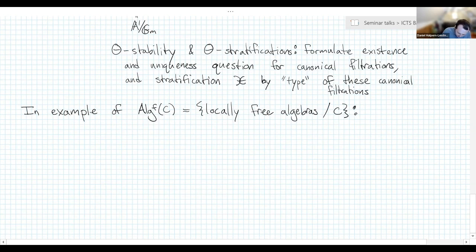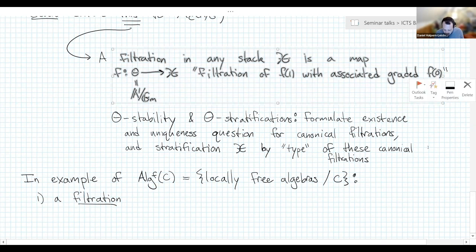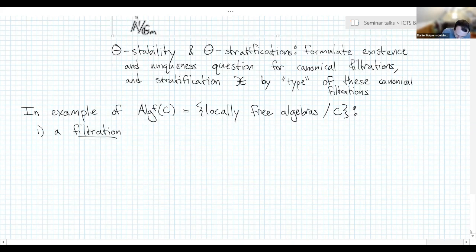So a filtration, and now I just want to emphasize that this is not a definition. This is actually the definition. But there's a little exercise that you can do to unwind this definition and put it back into more familiar language, and that's what I'm going to do. The upshot is that a filtration is a Z-weighted filtration